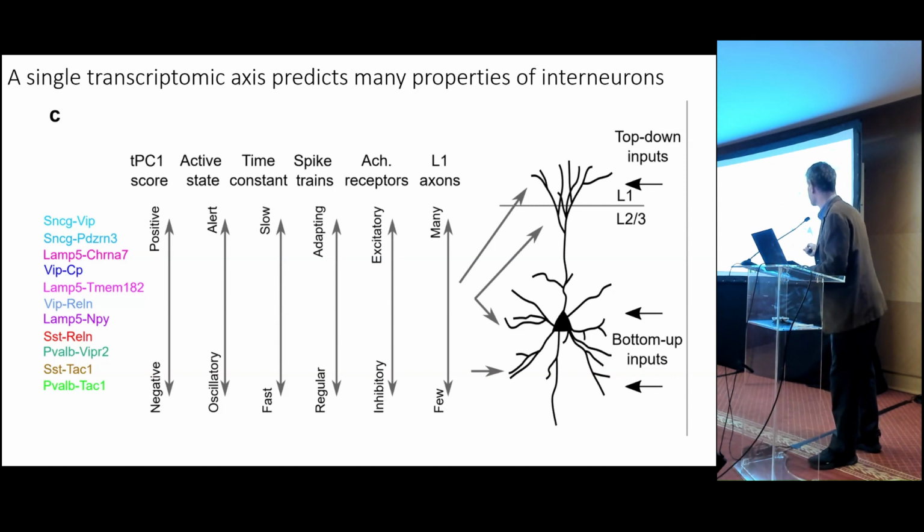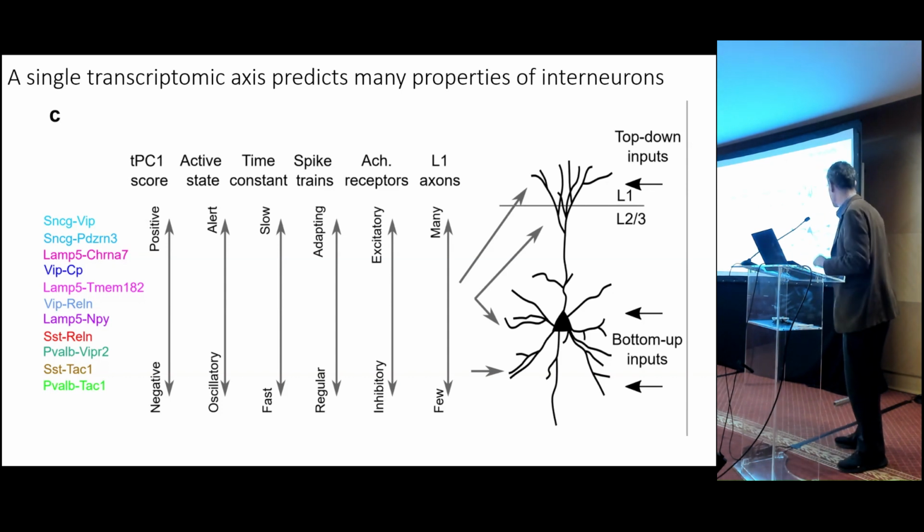They are slower in their time constants. They have adapting spike trains. They're excited by acetylcholine, and they have a lot of axons in layer 1. The other ones at the other end of the continuum, active in the sleep-like states, are faster, and they have more inhibition in the deeper layers. And this is actually coherent with a theory that's been around quite a long time, proposed by Hasselmo and others,